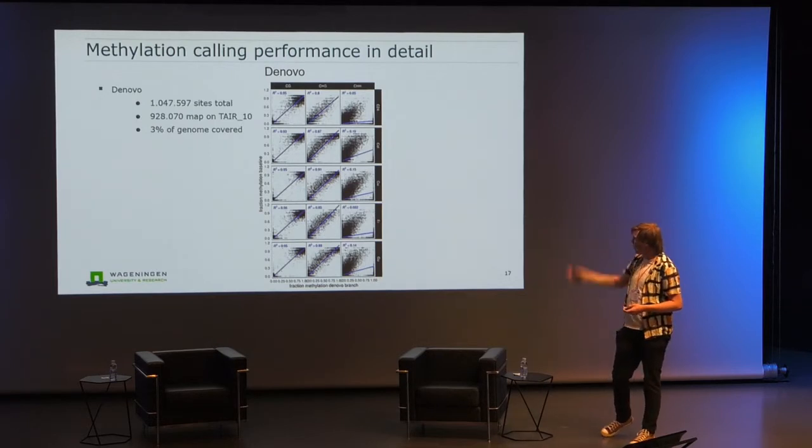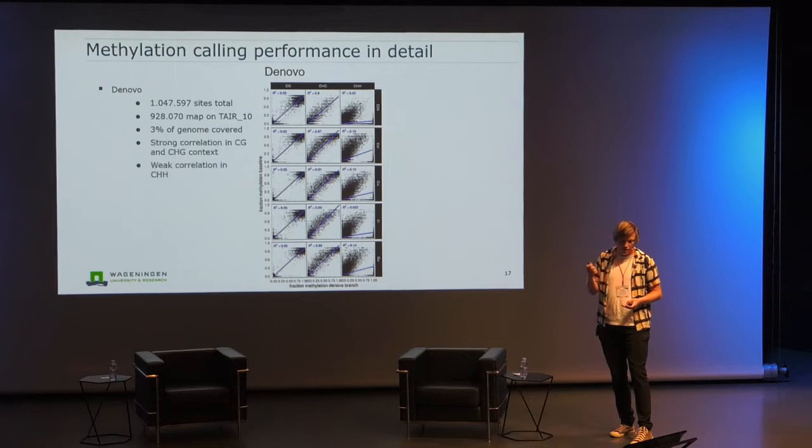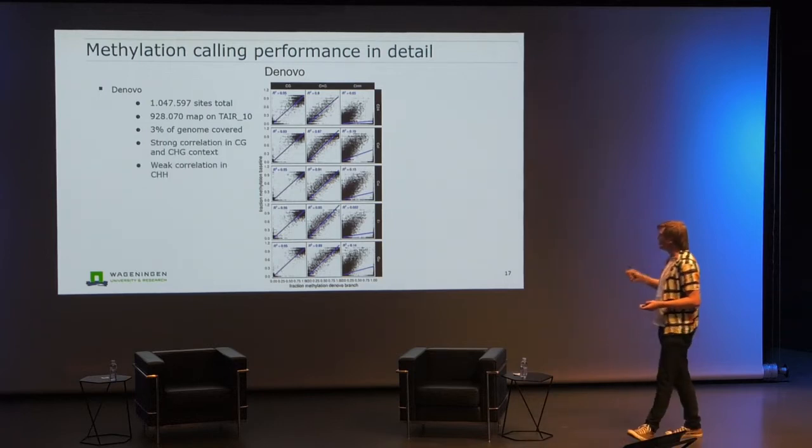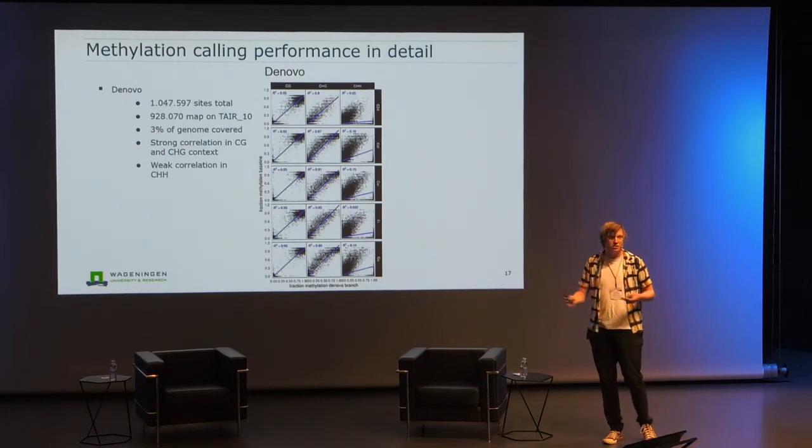And you see here that we can very accurately, with an R-squared higher than 0.9, find methylation sites that are very similar in the CG and CHG context, but there's a very weak correlation in CHH. However, as we've seen these last couple of days, CHH is very variable, and